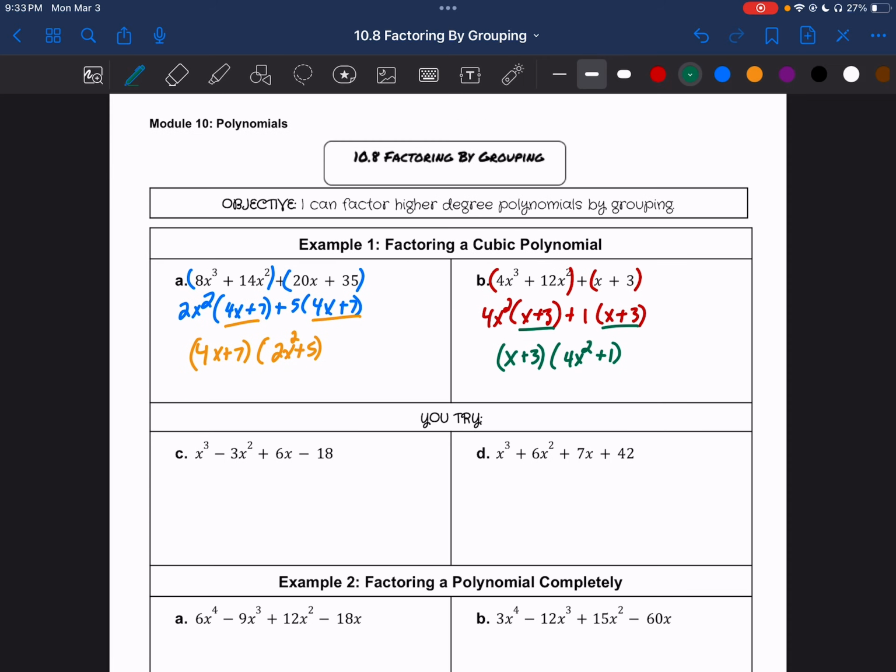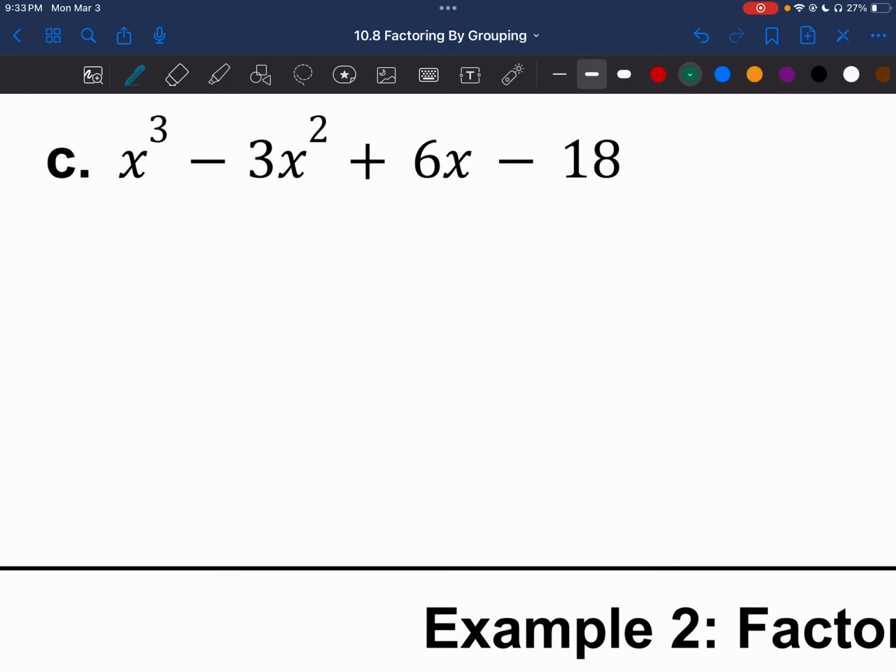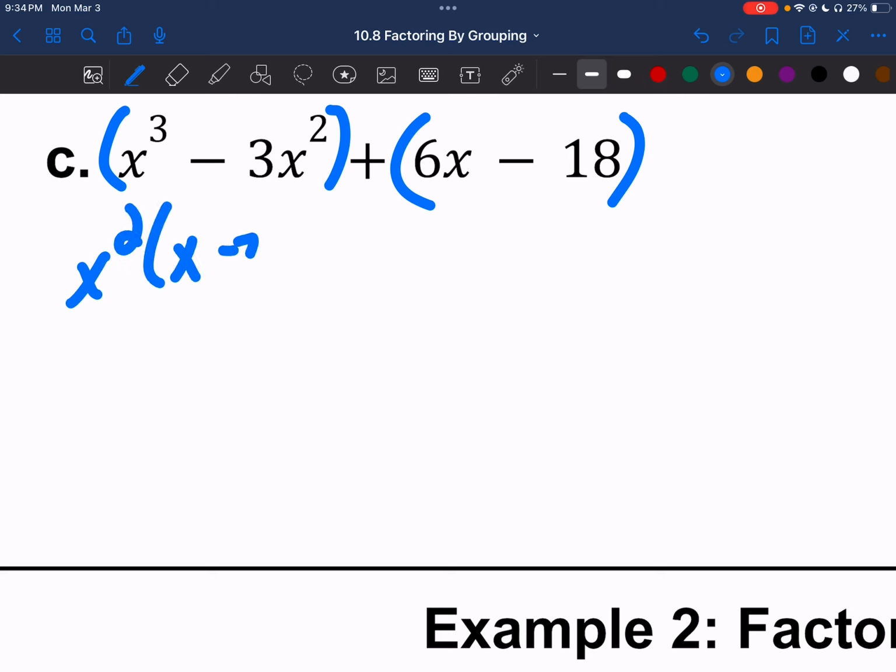Okay, there are two U-try problems. I'd like you to do those on your own now. Go. My first two terms, x cubed minus 3x squared. My last two terms, 6x and minus 18. So x cubed and minus 3x squared, we've got an x squared, and we've got x minus 3,